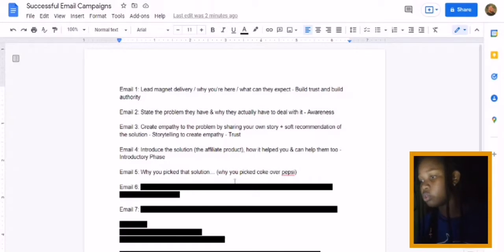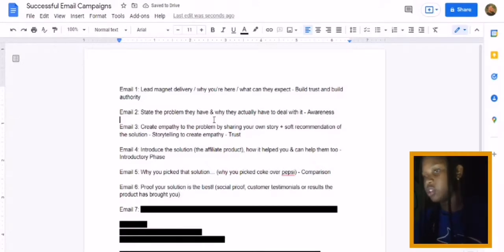Now moving on to the fifth email, let me name this stage the comparison stage, because they might be saying there are other alternatives, why should I pick this one? Get them over that objection. Now moving on to the sixth email,